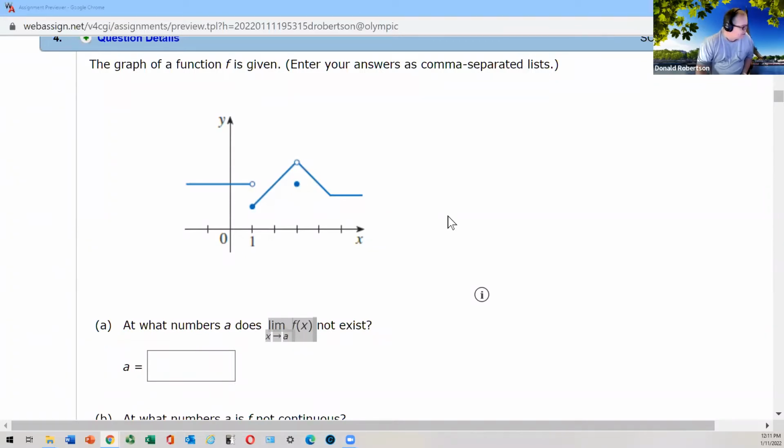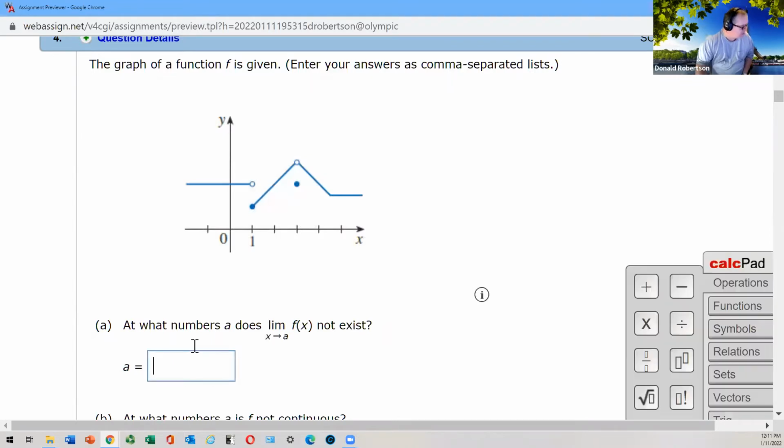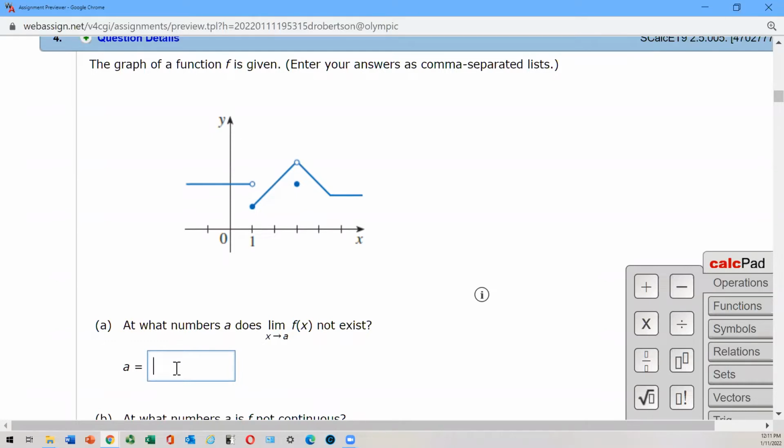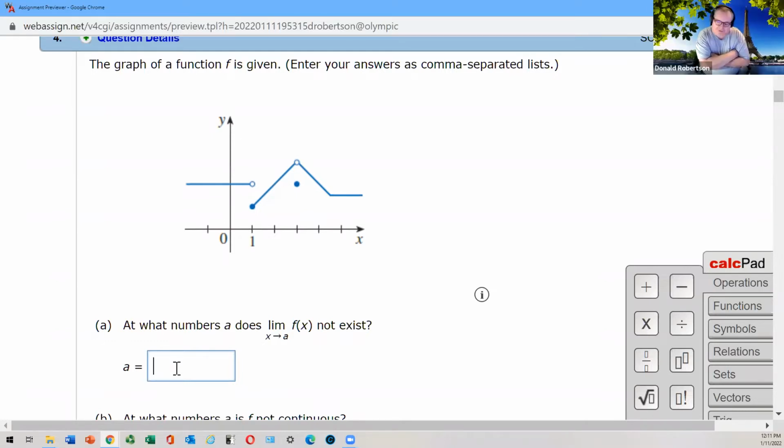So far, so good. But oops, only one of these guys actually has the property that the overall limit does not exist. So which one? The guy at 1 or the guy at 3? Which one does not have an overall limit? 1? At 3? Well, I hear both answers, 1 or 3, right? Let's do both and tell you why it's 1.